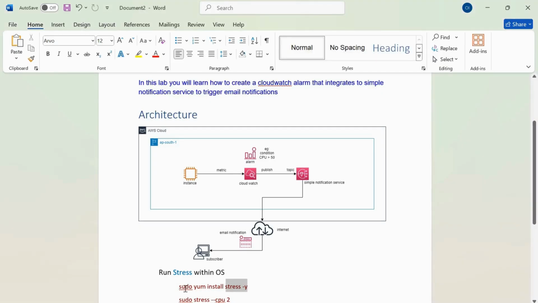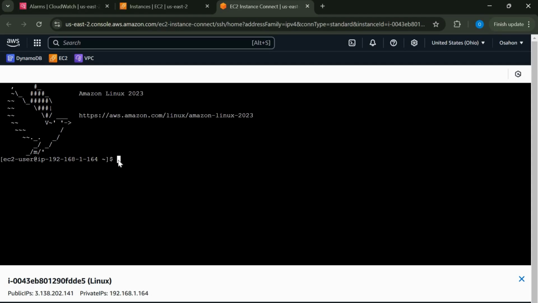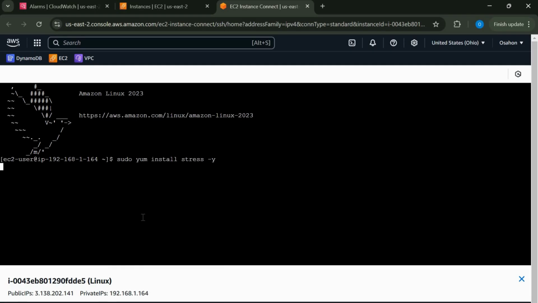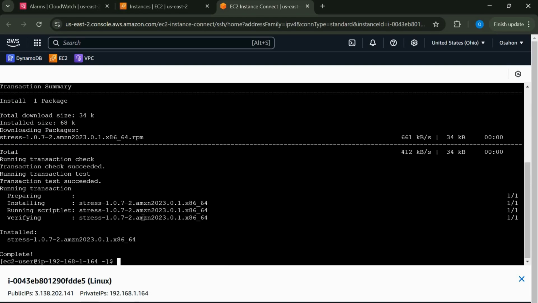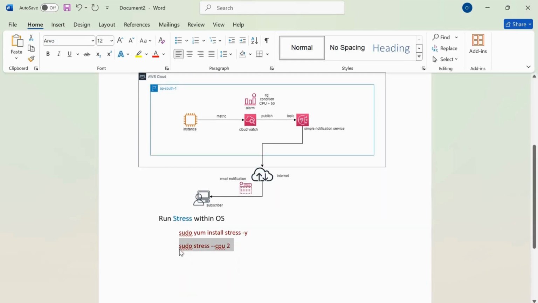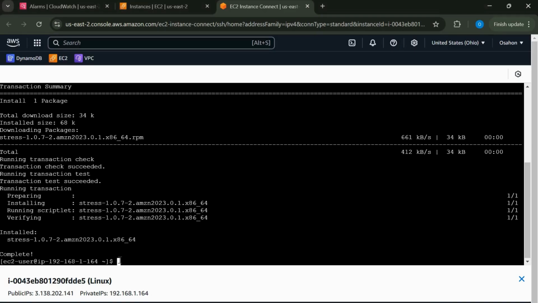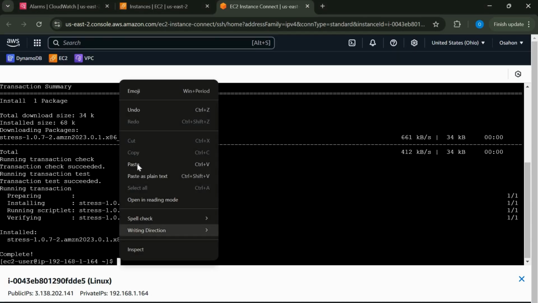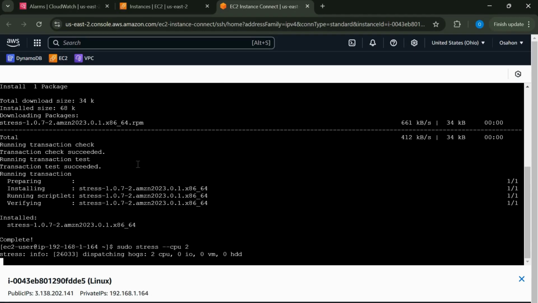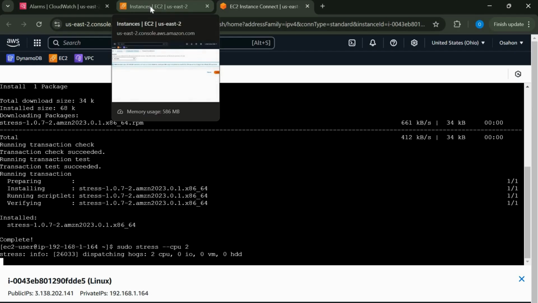So I'm going to copy the Linux code. I'll paste it here. So that is completed successfully. I'm going to copy another, which is to stress the CPU. This is for installation. This is to stress the CPU. So this is perfectly done. So in the next 2 to 3 minutes,